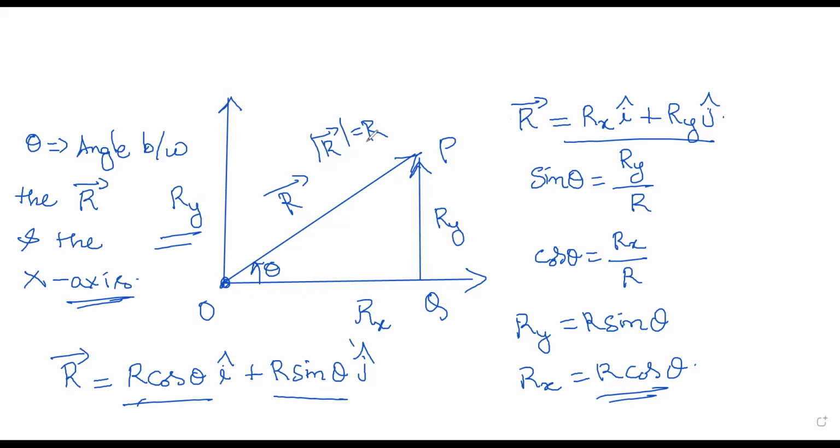Now let us see the scenarios. Do we need to make the triangle all the time? You need not. For that, I tell you one thing. Suppose this is the vector r bar, and the magnitude of the vector is r. So we consider the magnitude of the vector to resolve into components. Later we can write the vector. So let us say the magnitude of the vector is r, and now I want to resolve this into components.